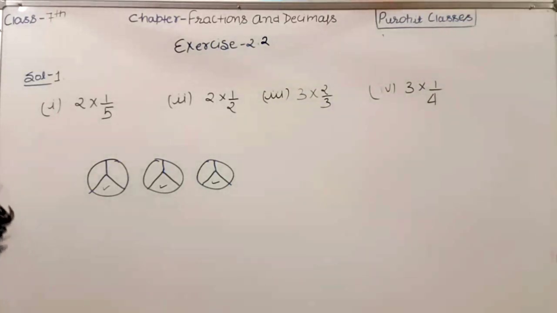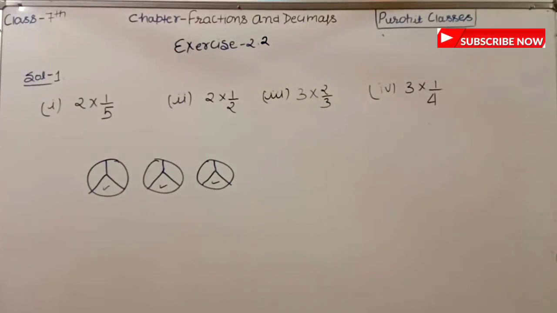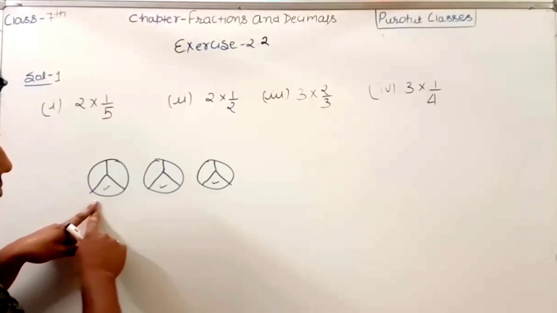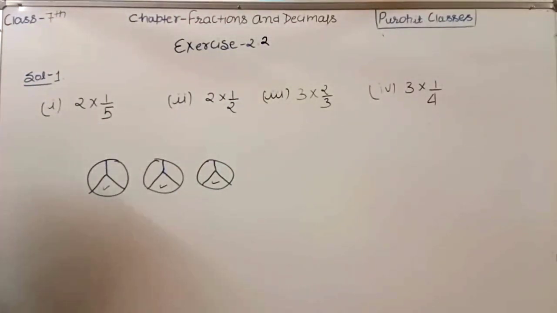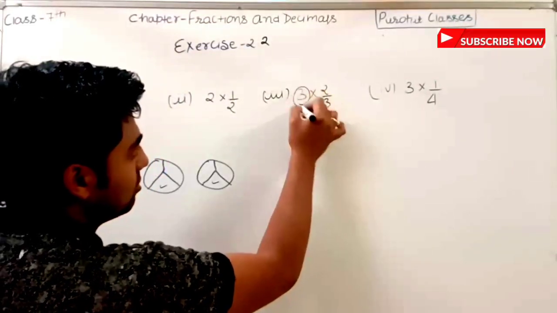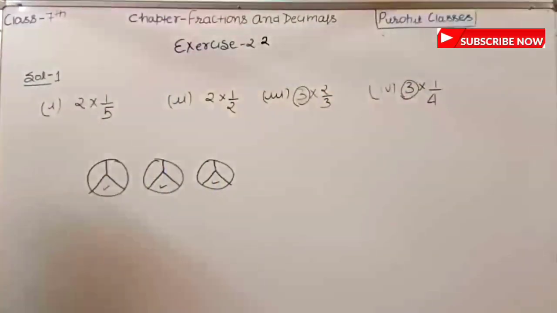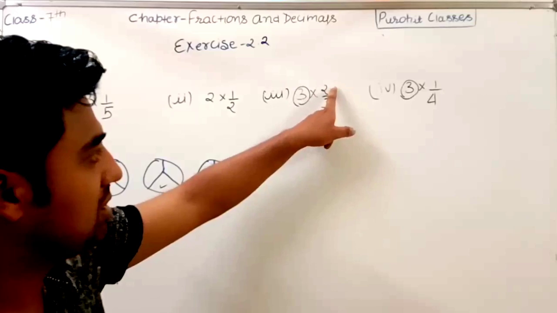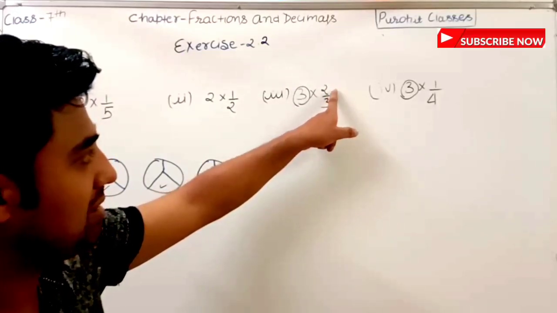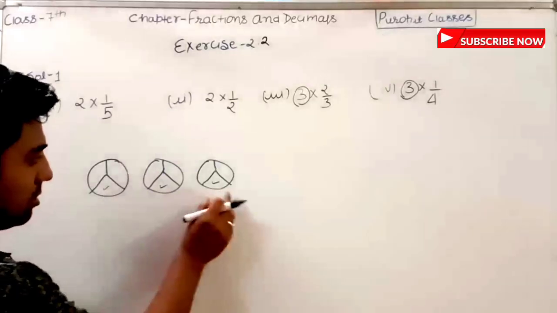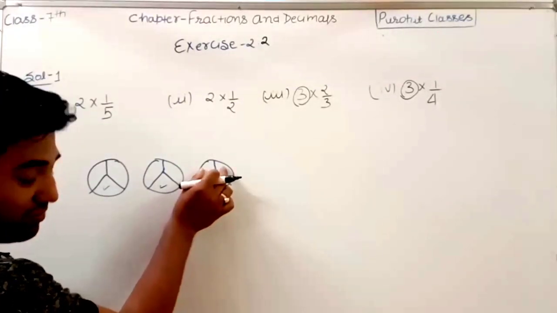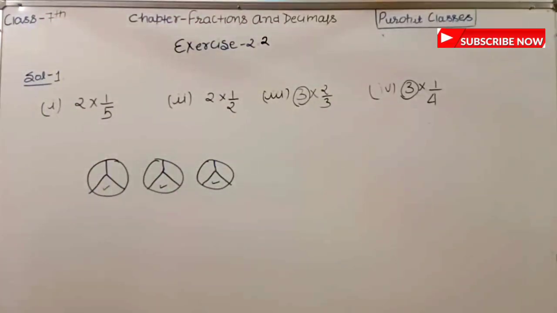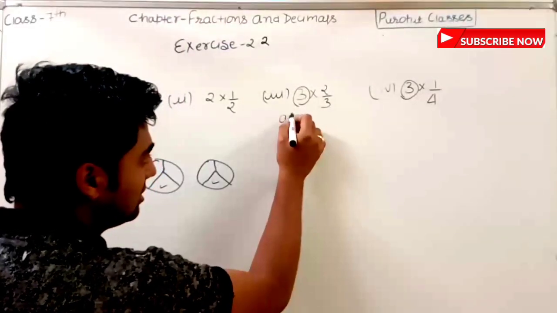So tell me what you are seeing in the first part. Here we have three whole things. This is indicating we have three whole things. Then the question says read 2 by 3 in practical meaning: one thing is divided into three equal parts, and out of that we have two parts. So this shows one thing divided into three equal parts, with two shaded parts. So this is the answer for the third one. Understood? The answer of the third one is A.